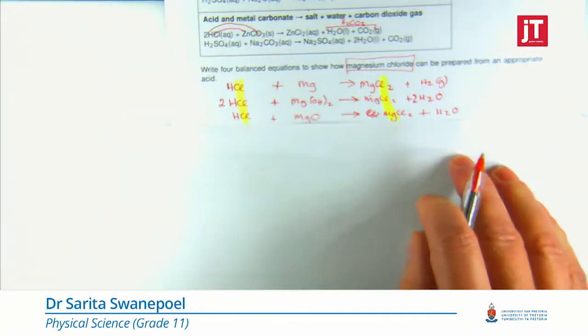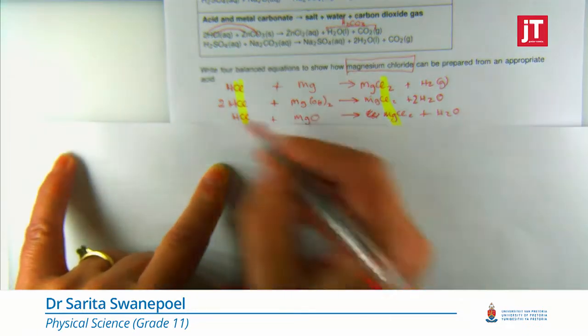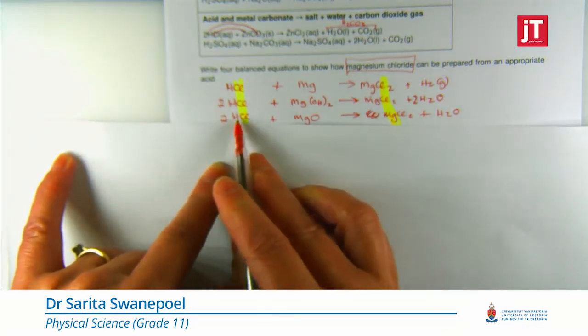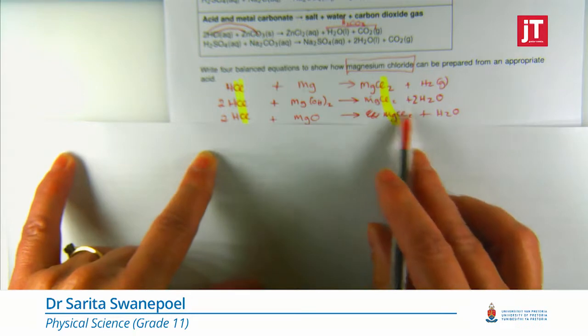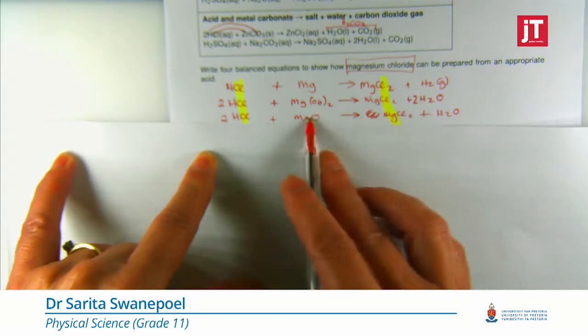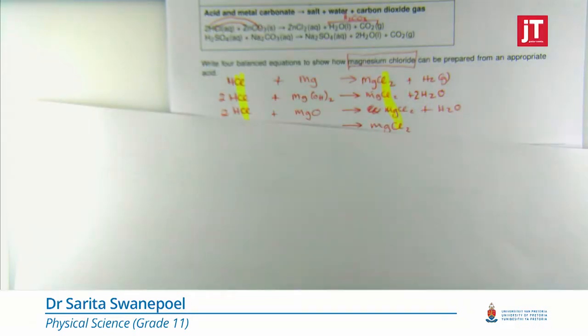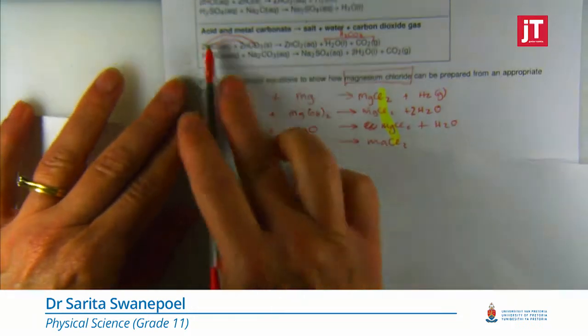Right. And now to balance, 1 hydrogen, 2 hydrogen. Okay, put a 2 in here. 2 hydrogen, 2 hydrogen, 2 chloride, 2 chloride, 1 magnesium, 1 magnesium, 1 oxygen, 1 oxygen. Perfect. Right. And now how can we put it in? Last one,